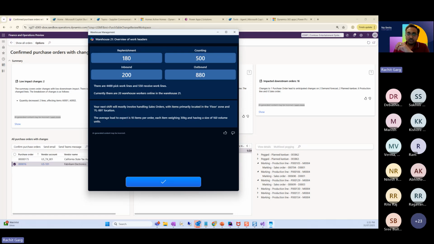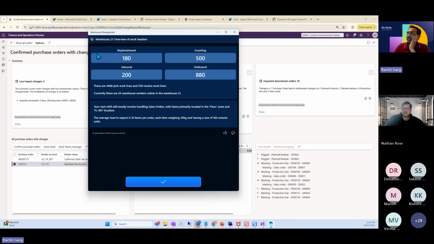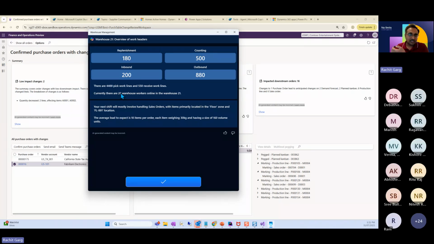Because this warehouse mobile app also uses X++ under the hood, it has been recently re-architected in React.js. So basically, it uses the same pattern. It uses X++ to collect the data, send it to Dataverse, send it to OpenAI, summarize it, and bring it back. Same pattern. It has been in the market for quite some time, but I just wanted to call out that Copilot capabilities in finance and operations exist outside the ERP UI as well.